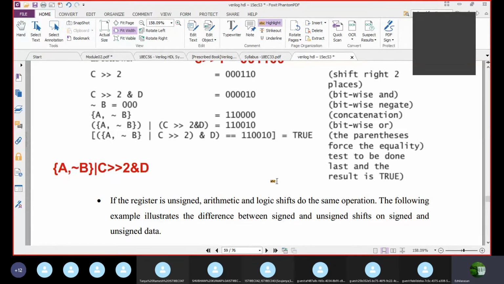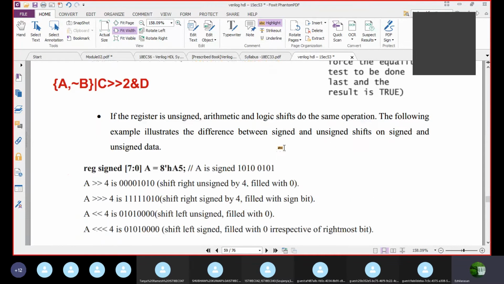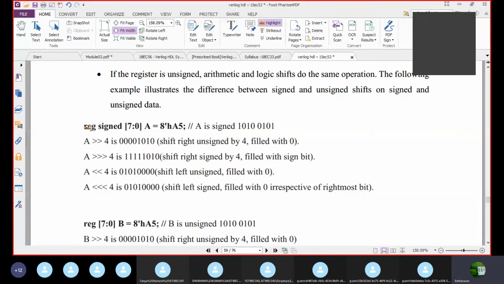Then another type of question is they will give the A, B, C, D values with options. One option is C right shift by 2, this is one subdivision. The second subdivision will be like this, perform this operation. Third subdivision, perform this operation. Like this, they will give subdivisions. But 100% you will get a question on these operators. So I will send you the assignments. You do the assignments; in them I have given the questions. Even in the study material, I have given so many examples. You go through the examples.